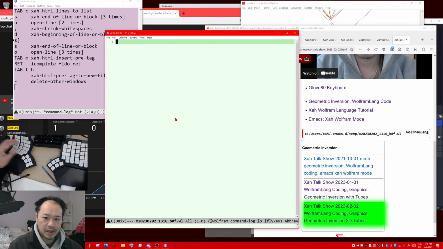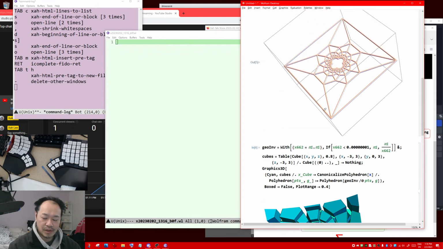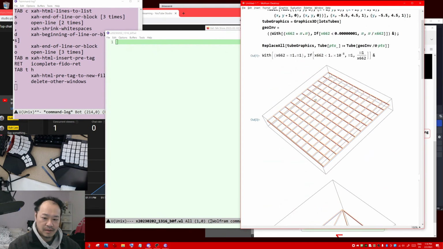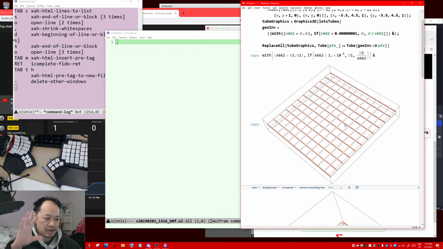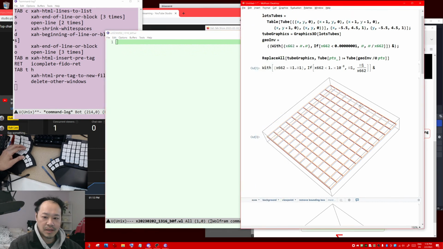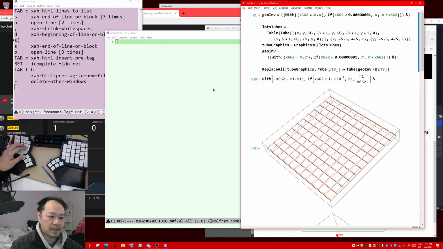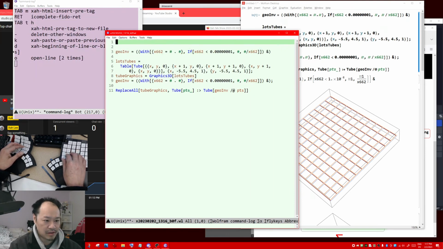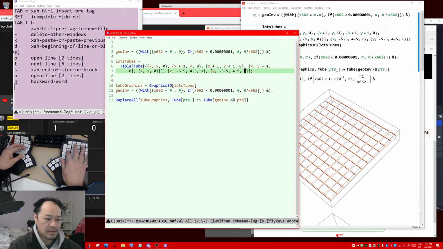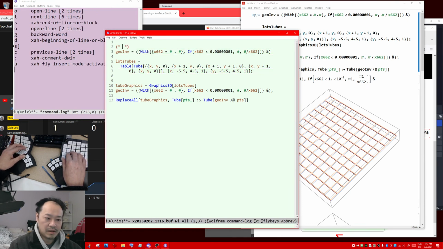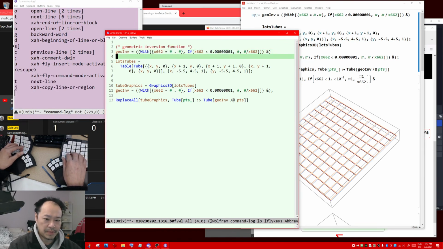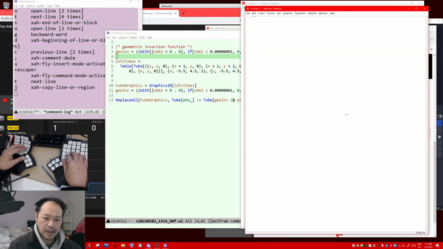Okay, so now let's start to code it. The first thing we want to do is to create a grid made of tubes like that, but three-dimensional. Essentially the code is very similar to what we did yesterday. So why don't we just copy the code here, copy it back to Emacs, paste it here. We're going to modify this code. So here is the function, here's a geometric inversion function. It basically takes